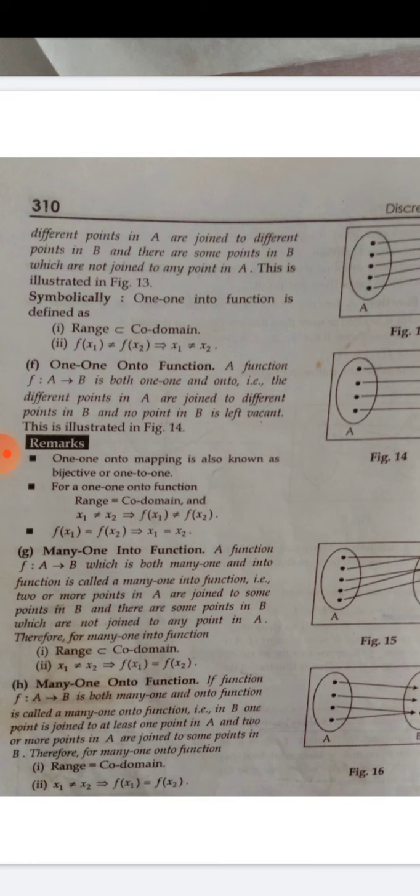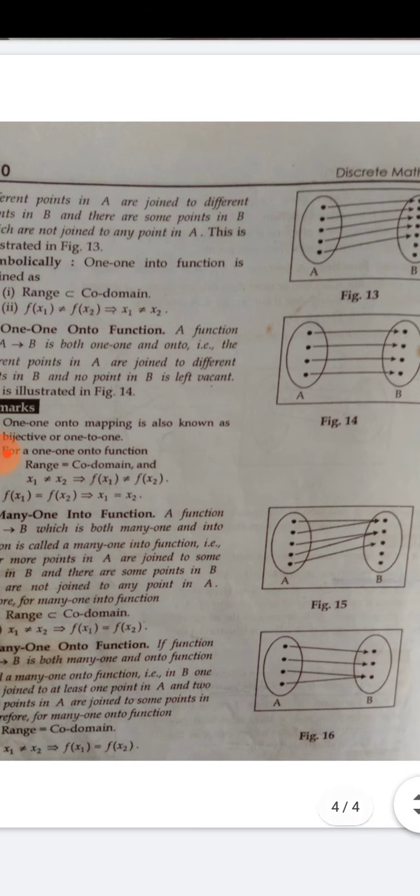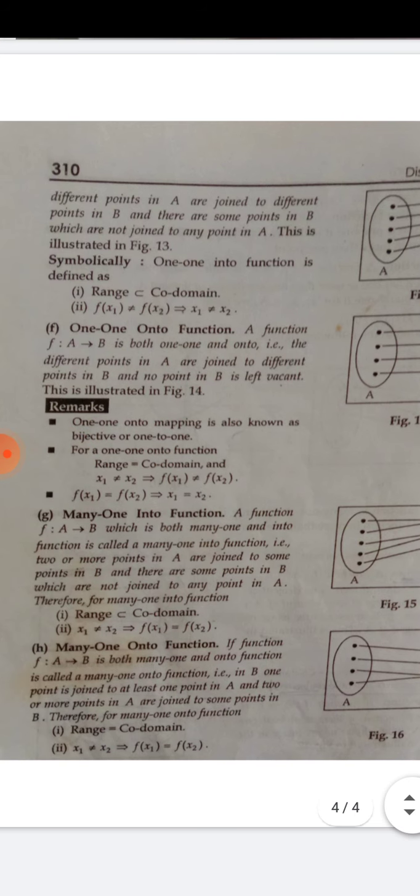So there is no need to learn definition. You can just write it is the combination. Many-one into, you can write it is the combination of many-one and into functions. Many-one means at least set A में ऐसा element जो many-one हो, और set B से one से combined हो, map हो, and into भी हो means set B में at least एक element ऐसा हो जो cover ना हो, एक से ज़्यादा भी बना सकते हैं. So here let's see the figure 15. Many-one is also here and set B में two elements remaining. So it is many-one into function.